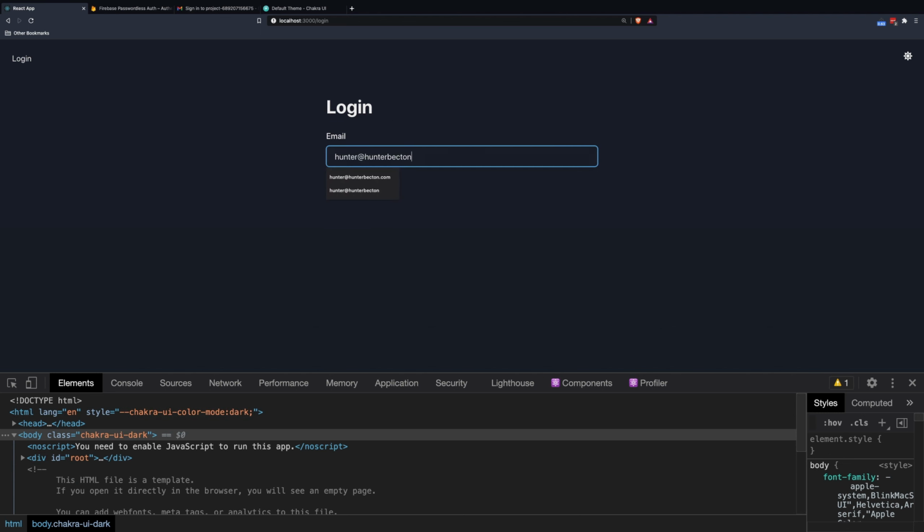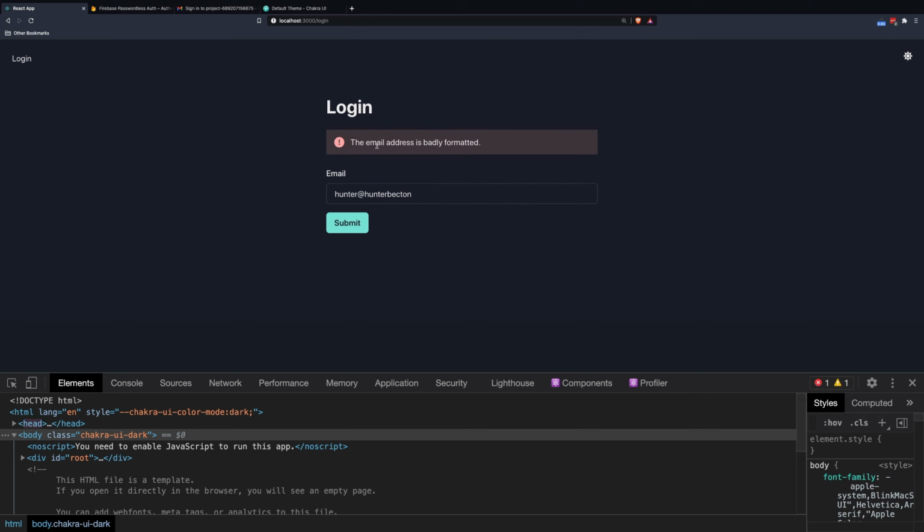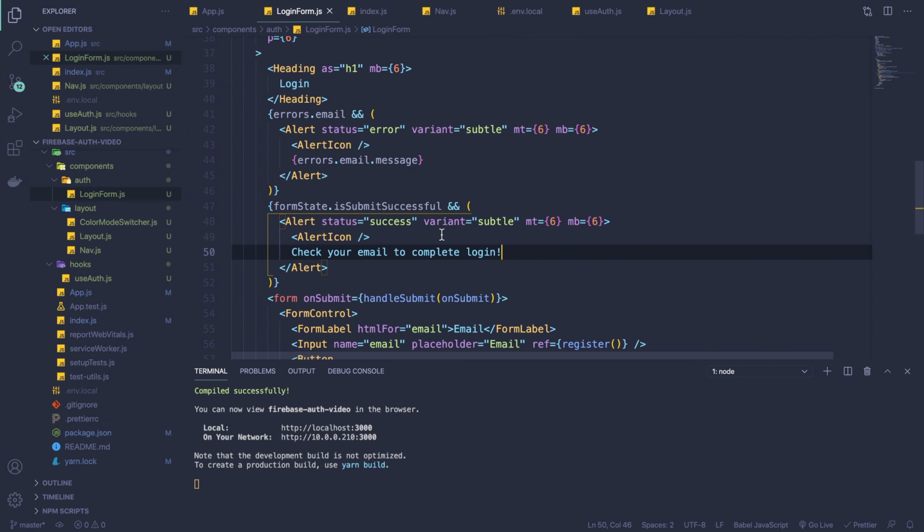So improperly formatted. Your email address is badly formatted. Perfect. And let's go ahead and submit a good one. Here we go. Check your email to complete login. Perfect. So now that we have the login form complete, let's go ahead and move on to our confirm